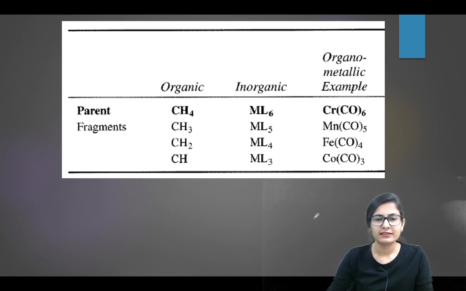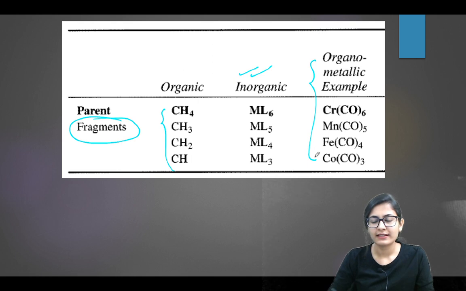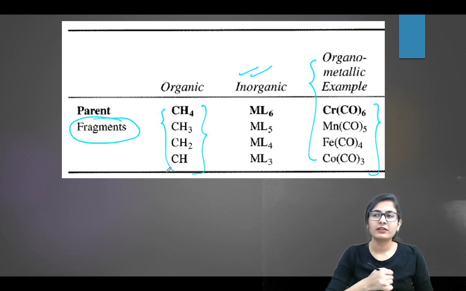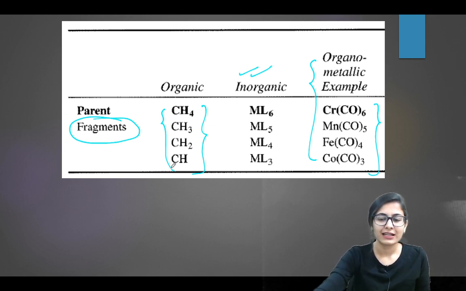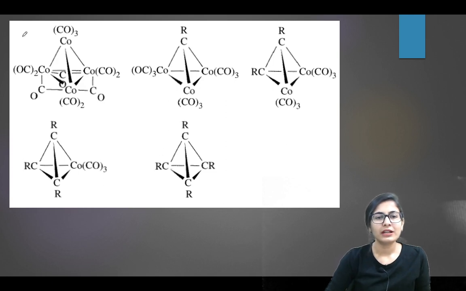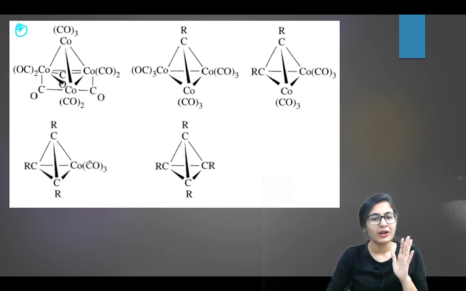And yes, here are some very simple examples. We are talking about fragments over here. The fragment could be inorganic, it could also be an inorganic complex, and here are some examples of organometallic fragments or complexes which are isolobal to all of these. Isolobal based on the frontier orbitals as well as based on the whole analogy, the whole formalism. I think this is clear to all of you. Now we are doing a little exchange over here. This is a very nice example for you to understand how we are using the concept.